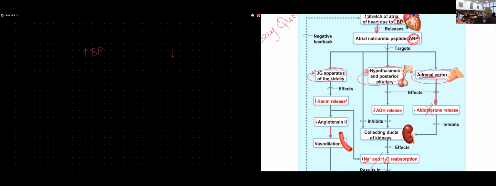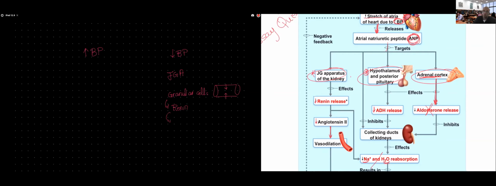The second part: how your body responds to a drop in your blood pressure. This is what we discussed last session. You need to remember, we need to mention the structure of the juxtaglomerular apparatus, the function of the granular cells, and that they are acting as mechanoreceptors and they will be releasing renin when they detect a decrease in the degree of stretch of the afferent arteriole.